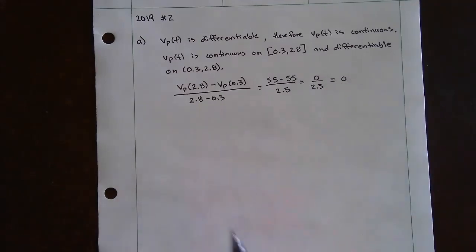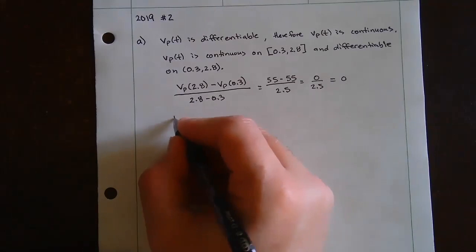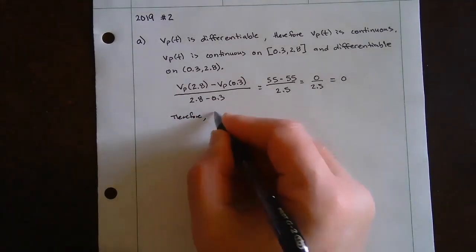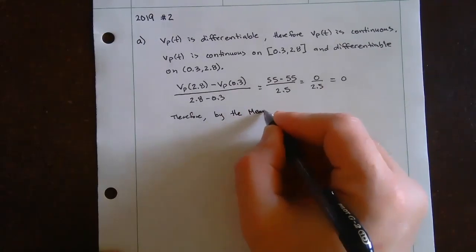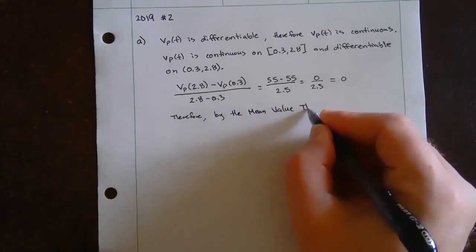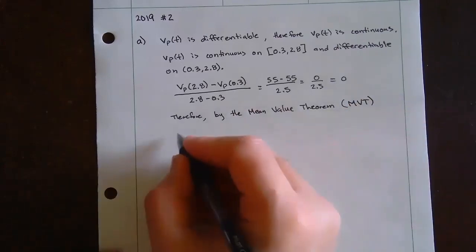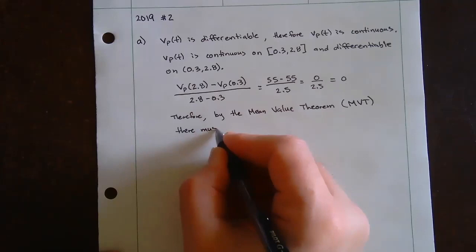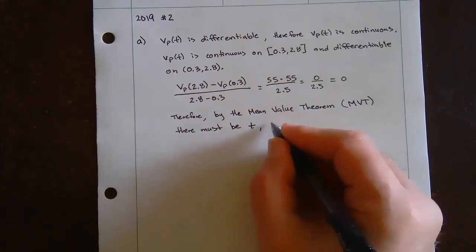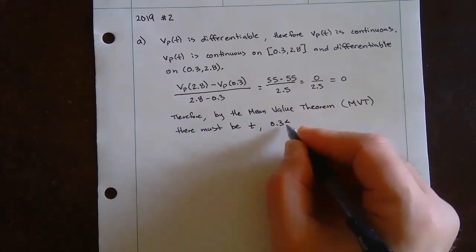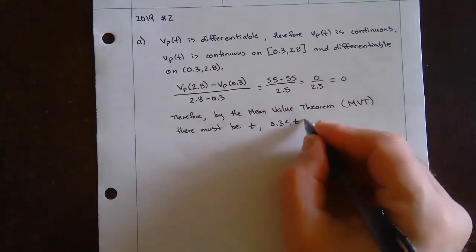That automatically means that there has to be a derivative somewhere between 0.3 and 2.8 that would be 0, okay? All right? So therefore, by the mean value theorem, MVT, there must be a t, 0.3 less than t less than 2.8,